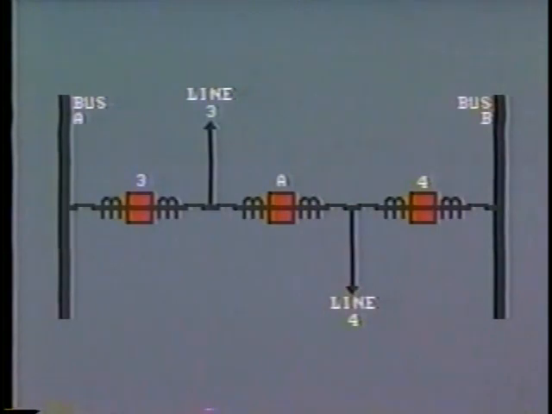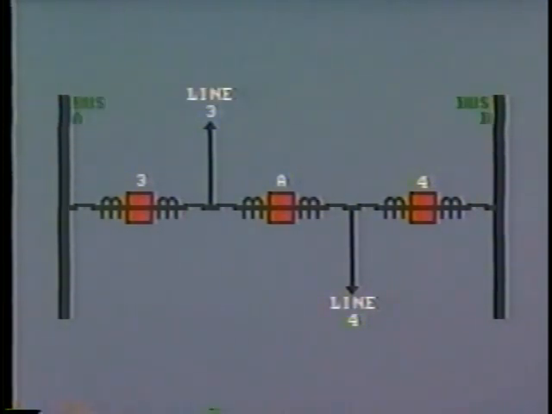A more economical version of this bus arrangement is the so-called breaker and a half. For simplicity, we show just 2 incoming circuits here. You can see that they share the middle breaker, hence the term breaker and a half. Normally, the shared breaker is closed, and both line 3 and line 4 are fed by the 2 buses operating